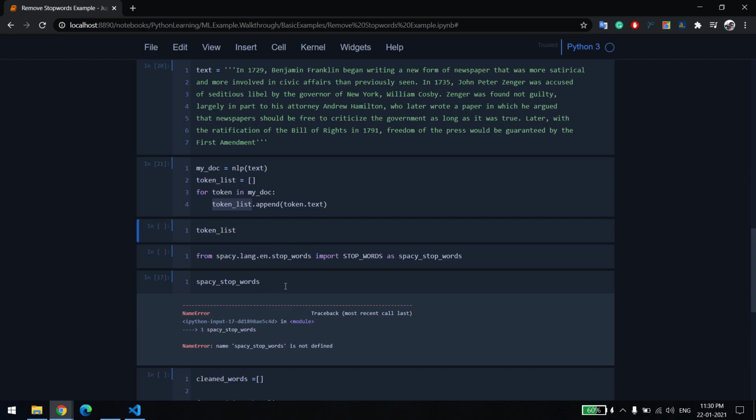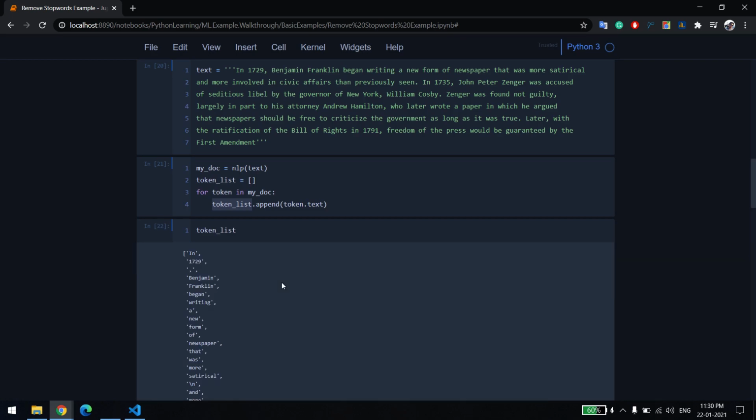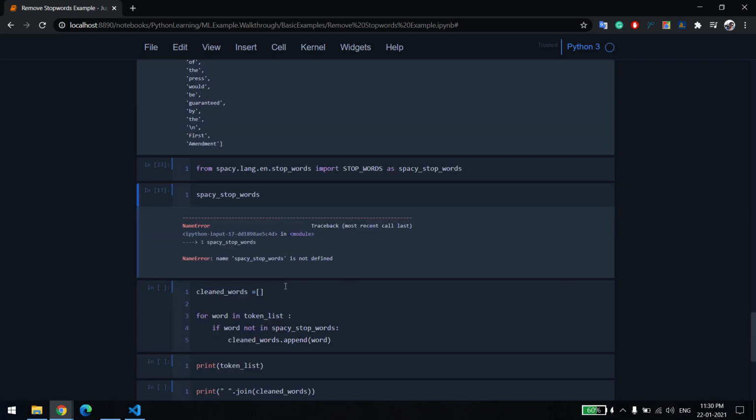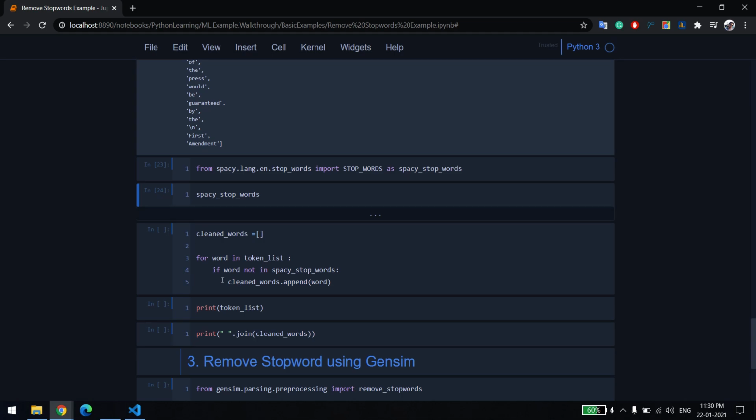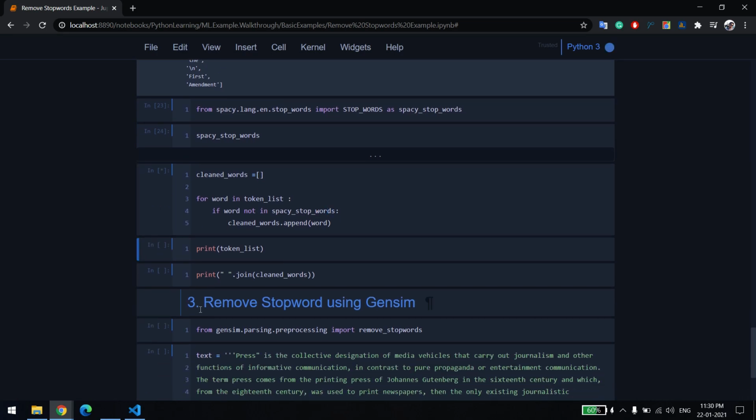Now if you see, this is just a token list of my words. You can see it's the same thing: about, above, across, after, then. Those are the stop words which you don't want in any particular sentence. And again, I'm looping through all my word tokens, and whatever is not in the stop word list, I ignore them, and the others I add.